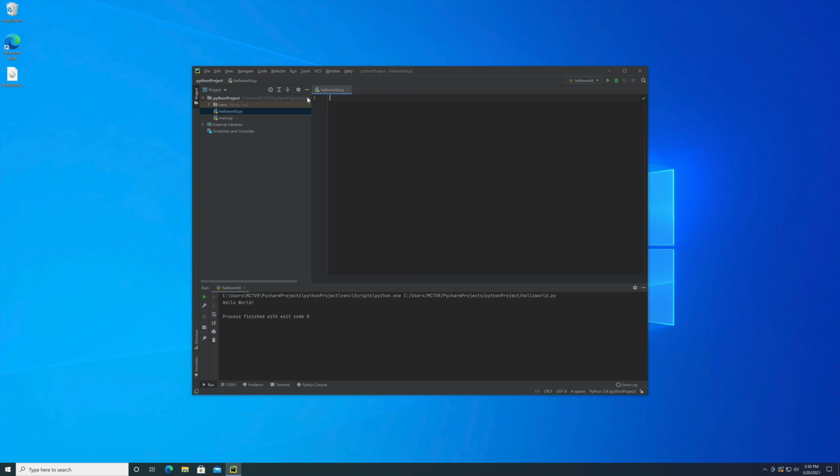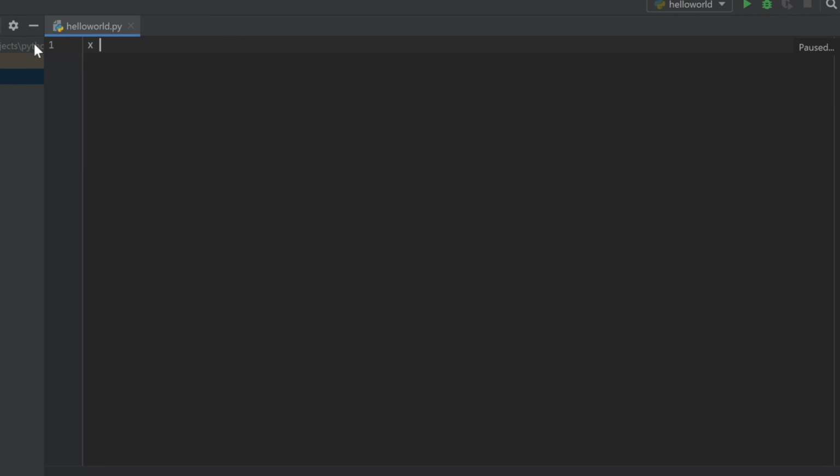And to create a variable, just name it first. Maybe I'll create a variable as x and then equals. You can also write variables without spaces between the equals sign and the other strings or integers. Then we need to give a value to it. Maybe you give x as 100.